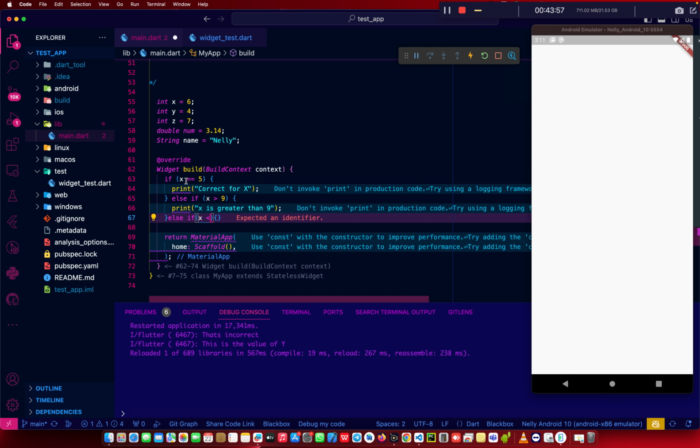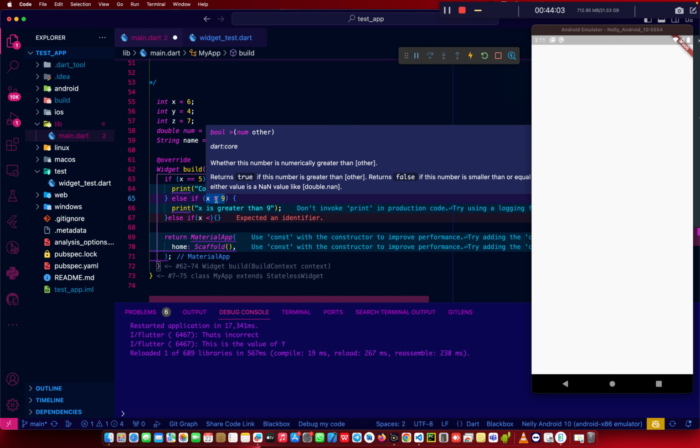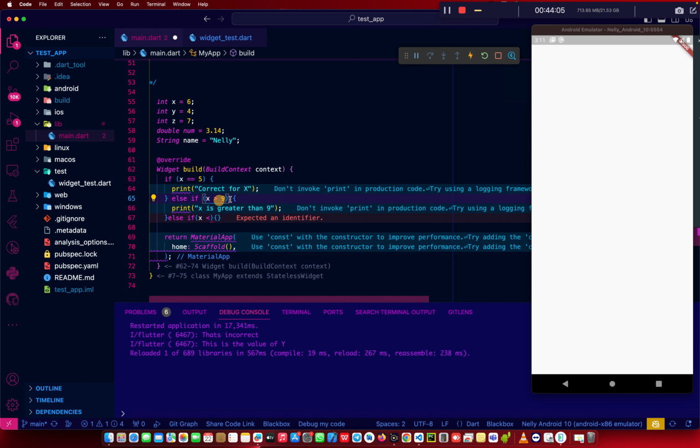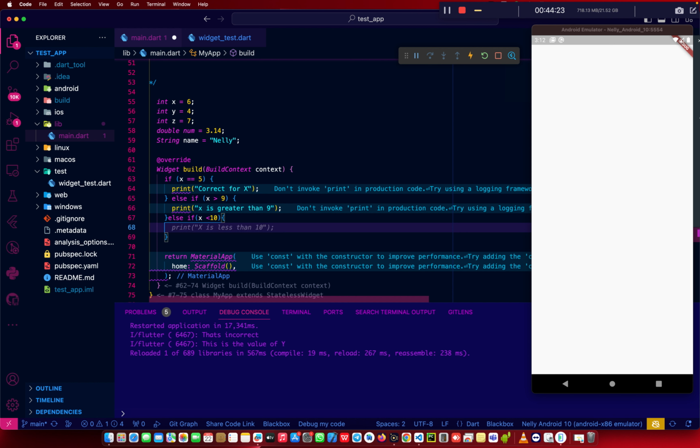Okay, we're first checking x equals 5. That is wrong, so it won't execute this. It got through this one. X is greater than 9. It is also wrong. It will not print this, so it will go into this. So it has to print x is greater than 0 or x is less than 10, which is correct. So to print out this,